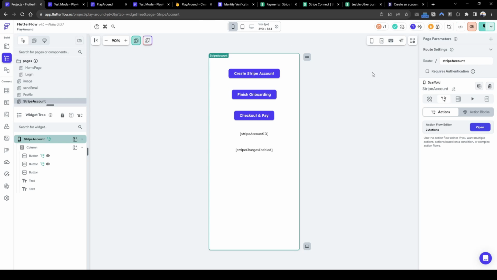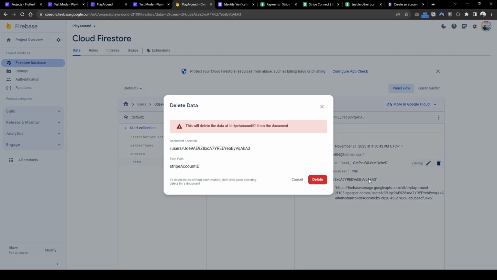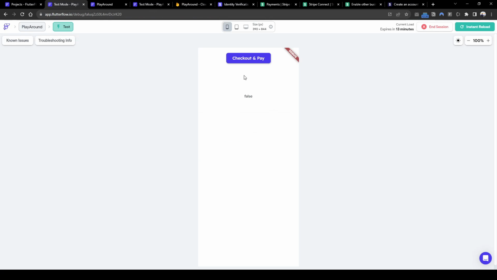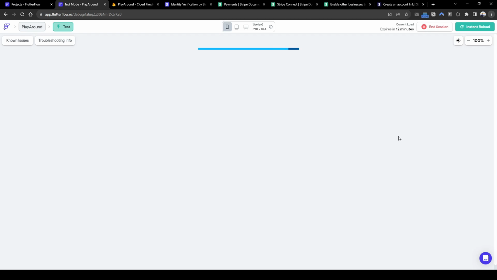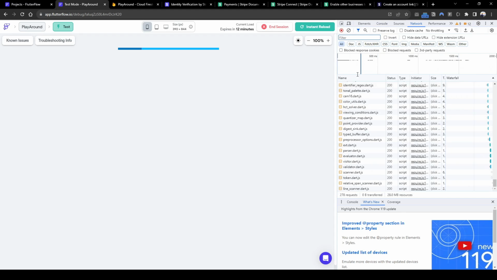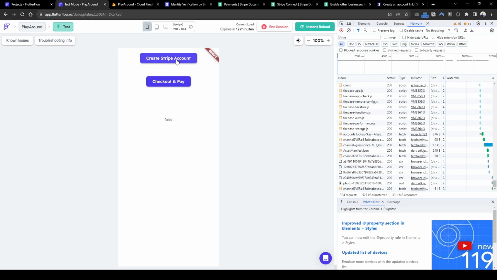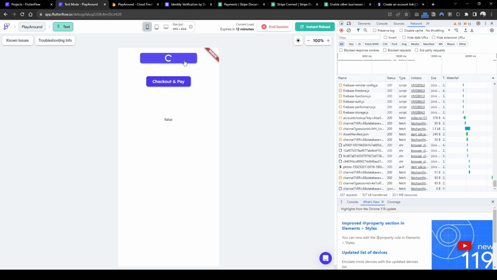I'll show you how someone from the public can access that information. So let me quickly delete the Stripe account. Imagine this user doesn't ever have a Stripe account. I'm going to quickly turn on developer mode. So go to network. So here I'm going to go to Stripe account, and here we can create the Stripe account from the very start. You see how there's no finish onboarding button because this person hasn't even created a Stripe account yet. So let's click create Stripe account